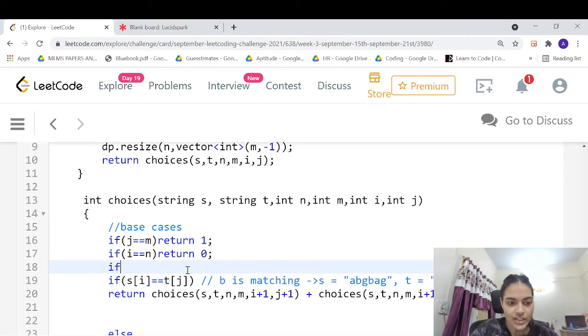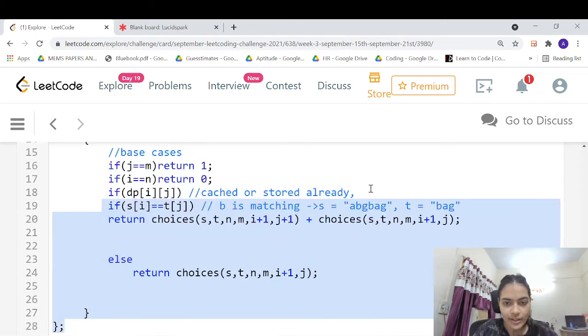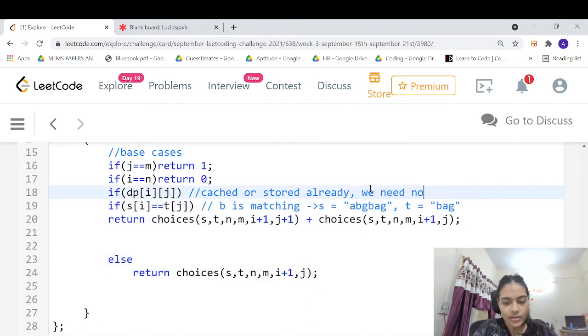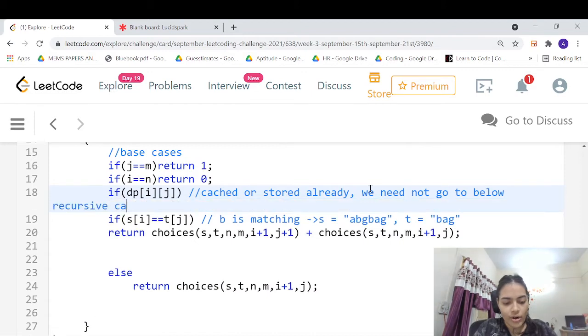So now let me just say if the answer is already present in the DP, right? If dp of i j, if we have already cached the answer, right? If the answer is already cached or stored already, we need not go into the recursive calls. We need not go to the below recursive calls to calculate it again.